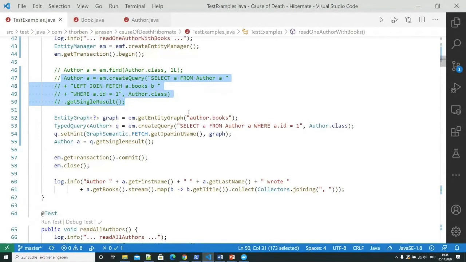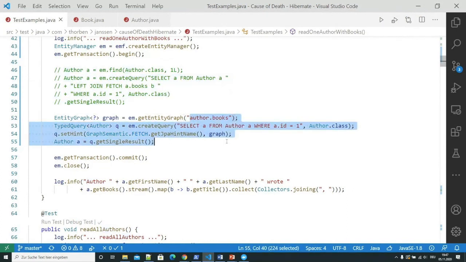I know that I would select the author entity, that I would join all the books, and that I would get the author with all its books. Down here, well, I'm not so sure. Hopefully I used a good name for my entity graph. And hopefully nobody changed the actual fetching behavior defined by the graph after we named it in a way that it was actually telling us what it does.